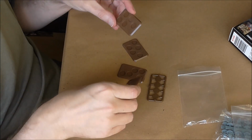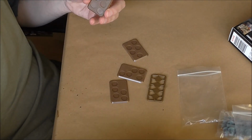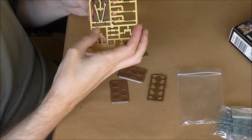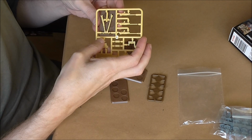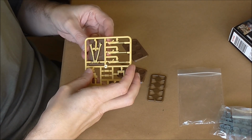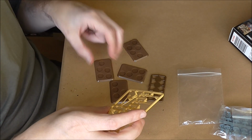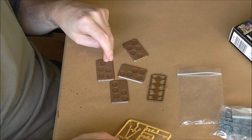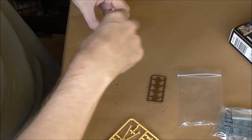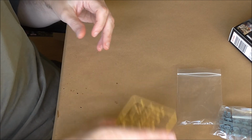I don't know if there is a base which is more suited than any other to do that, but if you can imagine, try to put crew in there and then putting the trails of the gun across there. So it is a bit tricky, and I've done it with other bases. Sometimes you've got to put figures out of the walls, so it's just a bit more work than you might originally think. So here's the sprues themselves,